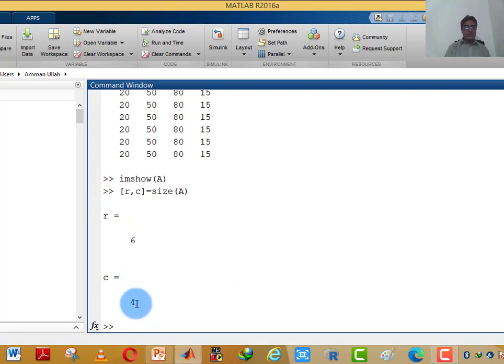There were 6 rows and 4 columns in this A image.